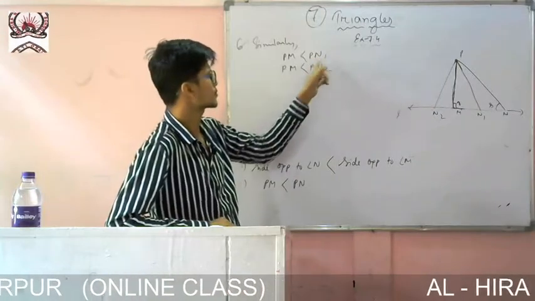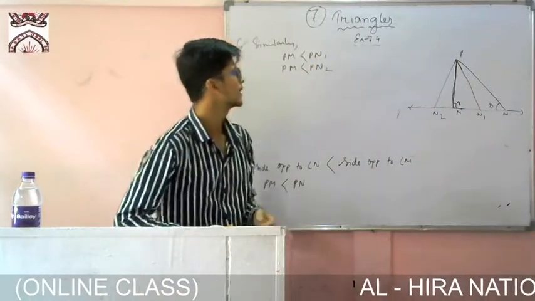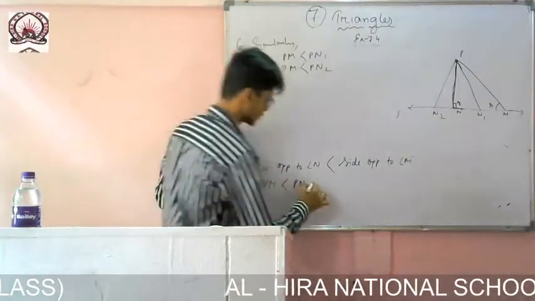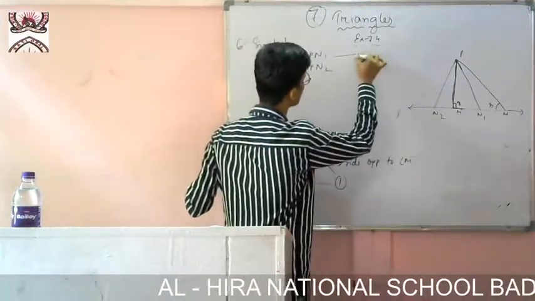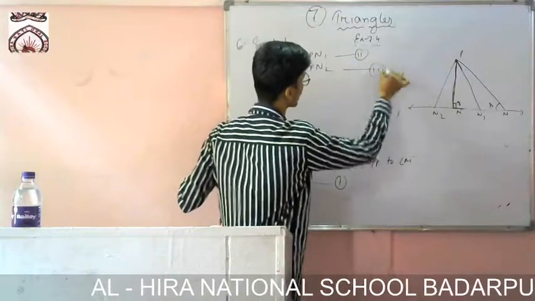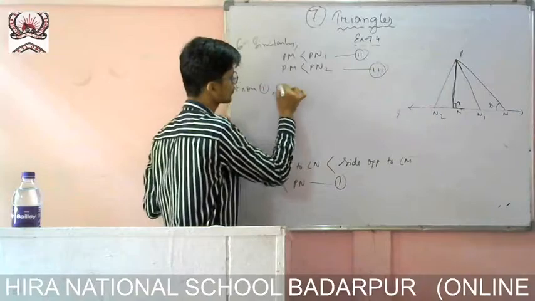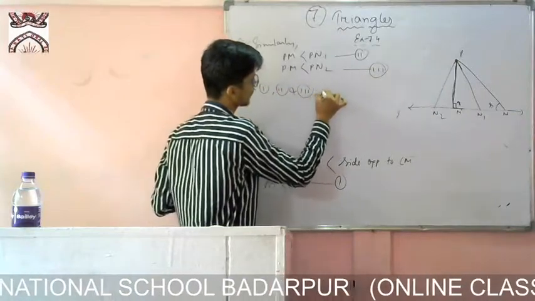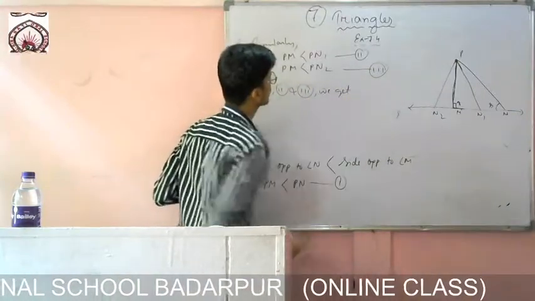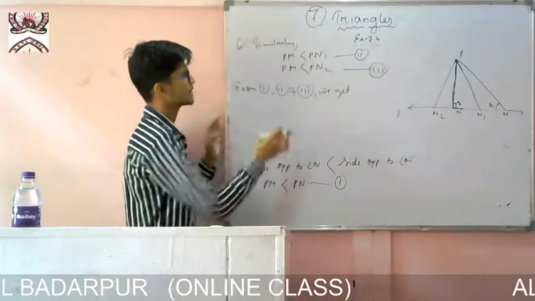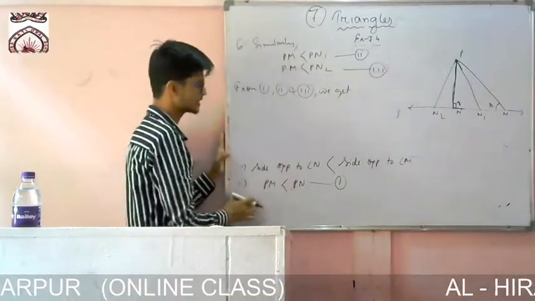N1 it is in suffix, and there also PM will be equal to PN2. So from you give this one 1, this one 2, this one 3. So from 1, 2 and 3 we get that out of all of these, whatever the side may be, this is the smallest, always it is coming.